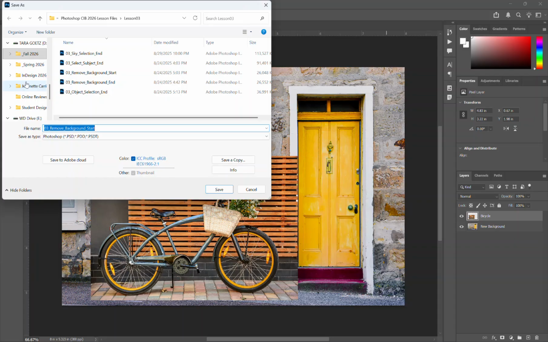Regardless, wherever this opens from, it automatically wants to go and resave it there. Okay, but remember, you're going to navigate to where you are saving your homework for your lesson 3. In my case, it's my desktop. So I'm going to go ahead and select my desktop,